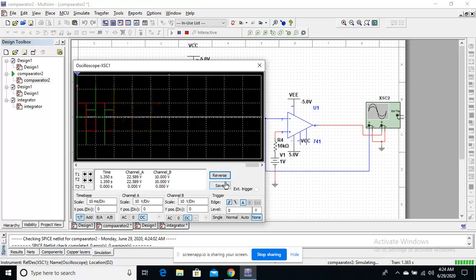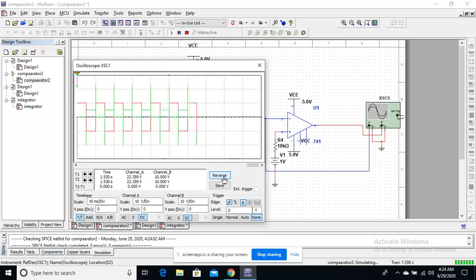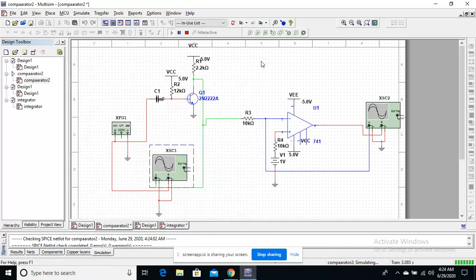You can change the background if you need. The red color one is the square wave given as an input, and the green color one, as you can see, is the sawtooth wave which is generated. The output of this particular circuit is then connected to the inverting terminal